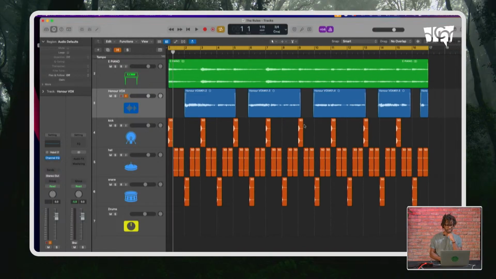So here we are in The Rules. First and foremost, you want to make sure everything is named properly. We did that in the last workshop, so everything looks good here. The second thing we want to do is make sure our balance is proper, y'all. Balance comes before mix, because the foundation of a good mix, of a brilliant mix, is just a super strong balance. And a balance basically is the way the instruments come together in a natural room, or naturally, how would they come together in a way that makes sense